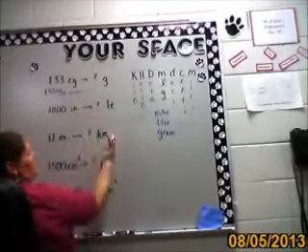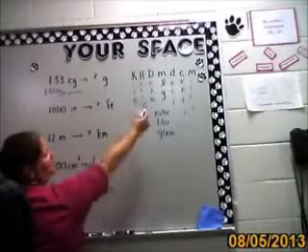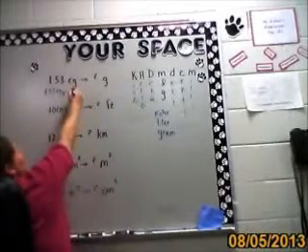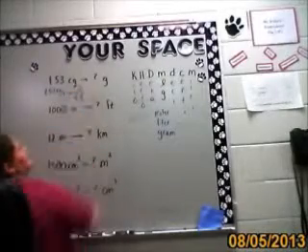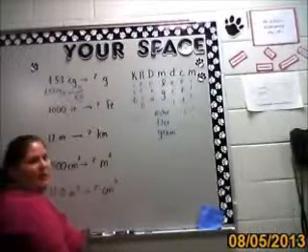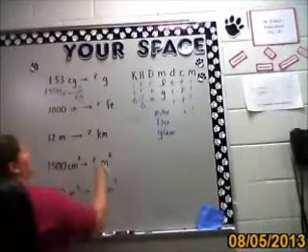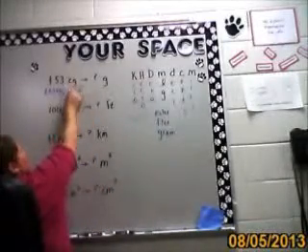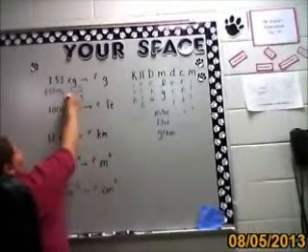So I'm going to have 100 in here somewhere. Which one is bigger? Gram. And I'm converting from centigram to gram. So centigram goes on the bottom. I want to be able to eliminate it. Gram goes on the top. Gram is my bigger value, so it gets 1. And we said there are 100